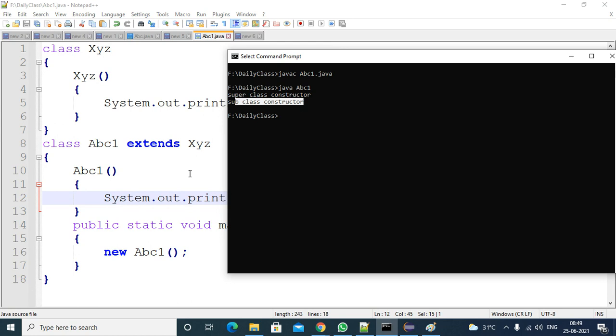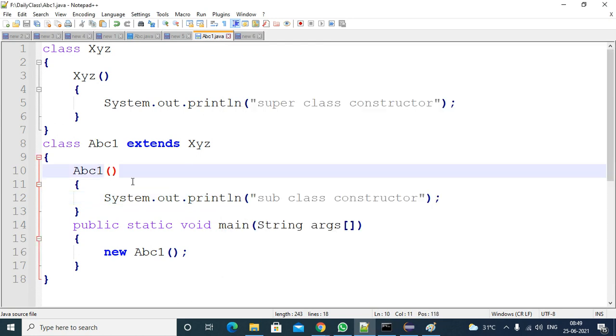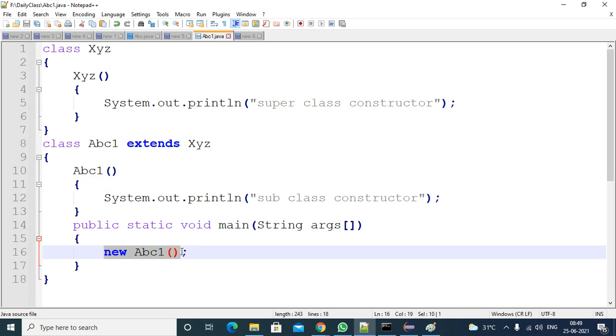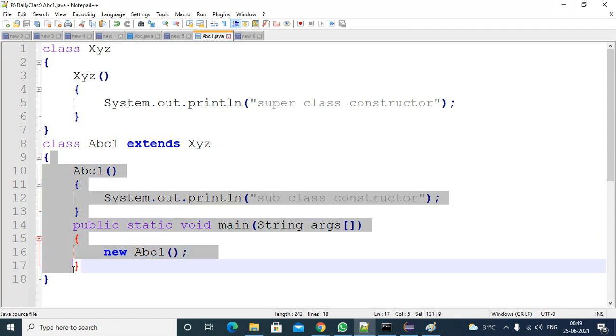So what will happen in this case? Whenever you are creating the object, first it tries to identify the instance members from top to bottom. Top to bottom is not in the ABC1 class. It will not start from the ABC1 class. It will start from the superclass of ABC1, the XYZ class.